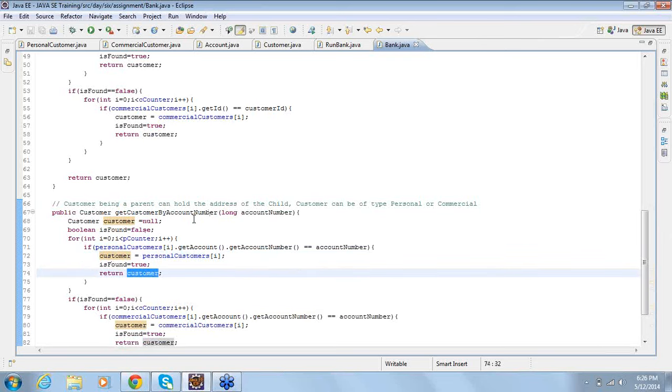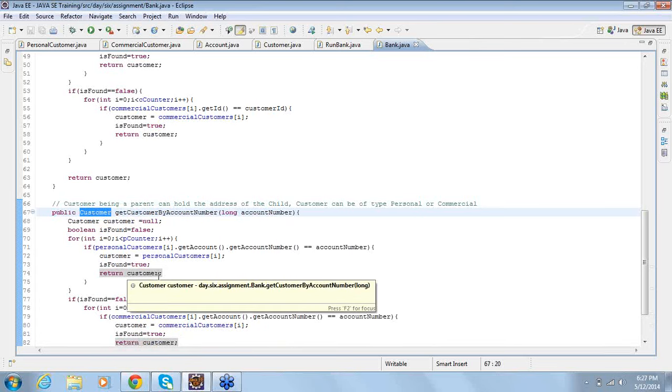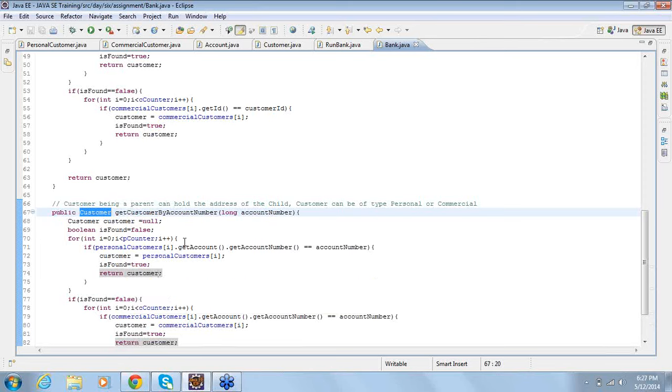Because you cannot have two return types. The return type will be one. So I cannot have personal customer as the return type, because then how do I return a commercial customer? And if the return type is commercial customer, how do I return a personal customer? So that is the reason I am returning a customer. Customer being a parent, it can hold the address of both the children.